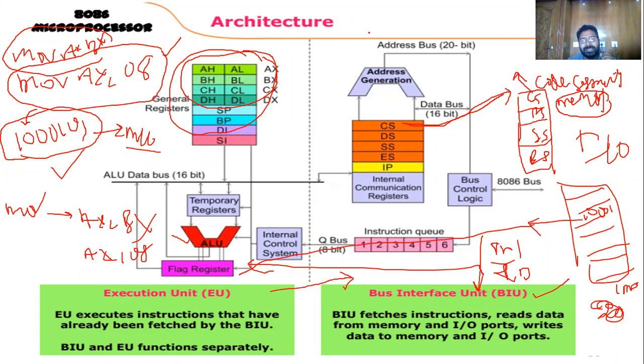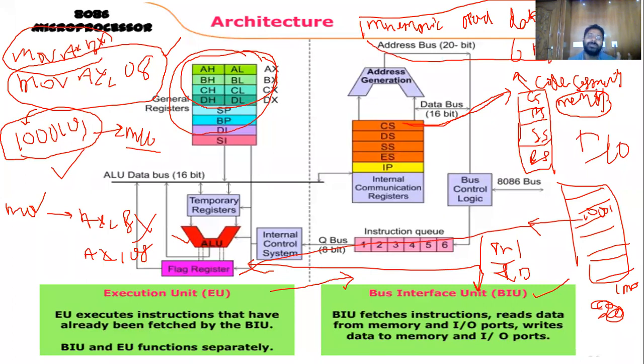The instruction format is nothing but mnemonic, operands, and data or address. Remember, data or address. This is the 6-byte instruction format. The maximum instruction size is 6 bytes only. So a single byte is available, 2-byte is available, 3-byte is available, up to the 6-byte instruction only.